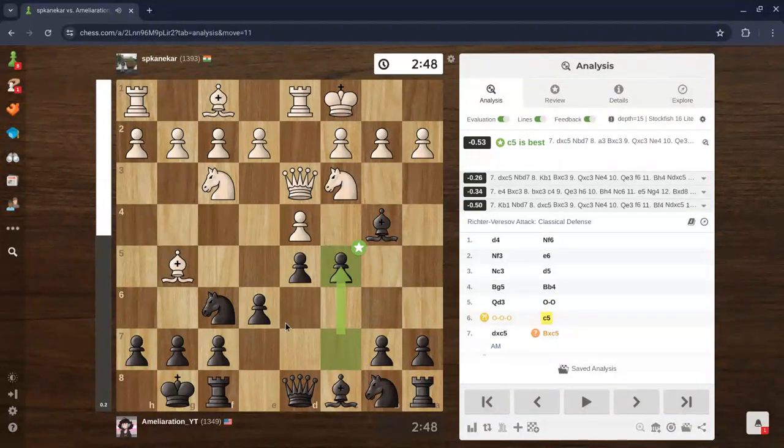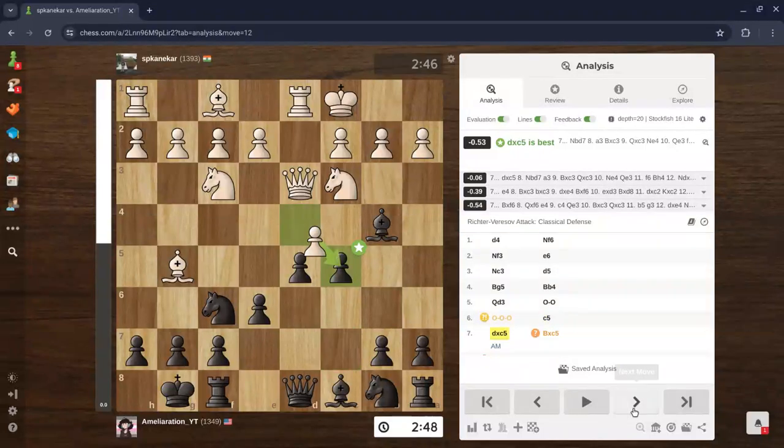12 seconds have been spent, and I already have a better position because I get in the thrust c5, and I'm going to quickly develop my forces behind that. But it's still a double-edged position. After d takes c5,